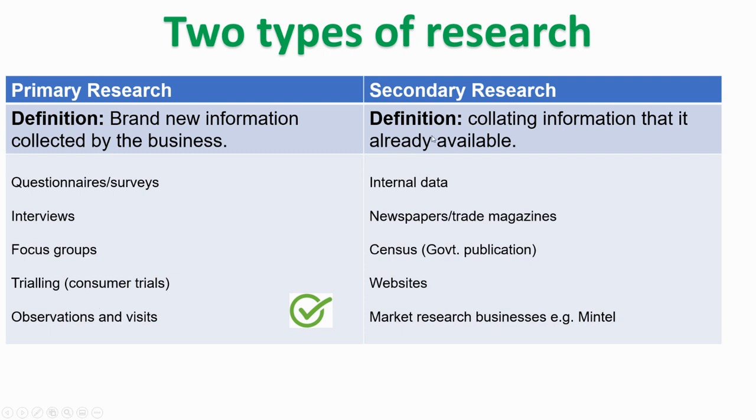And the second group is called secondary research, sometimes goes by the name desk research. And this is because you're using information that has been collected by somebody else. Most of it you can gather from behind your desk. But it is second-hand data. Some of it will be useful, but it's not brand new and it may not be up to date as well.